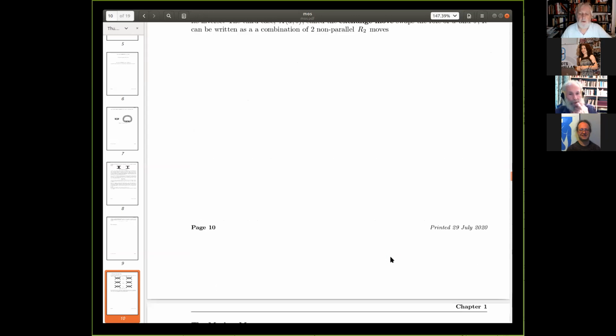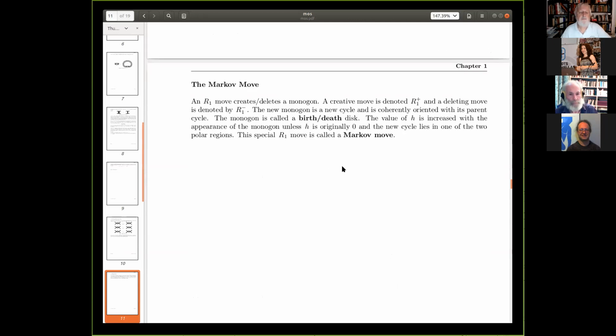So, right, the Markov move. An R1 move creates or deletes a monogon: a creating move R1 plus, and a deleting move R1 minus. The new monogon is a new cycle, when we create the Seifert cycles, and is coherently oriented with its parent cycle. So a parent cycle gives birth to this new monogon. It's joined by a bridge, so they're both oriented coherently,